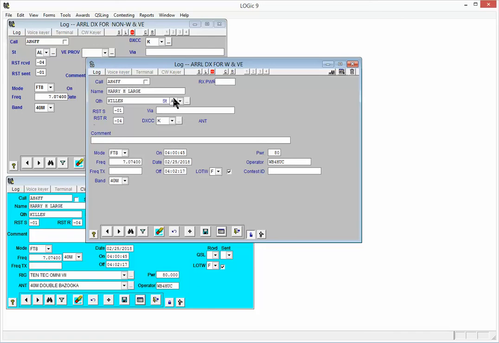So we don't need state. For DX stations, we don't need the state label. So you can see where this is going. I'm removing fields that I don't really need for the contest, and then I'll put some back in here. So what do we want to put back in? I want to put back in the rig and the antenna,